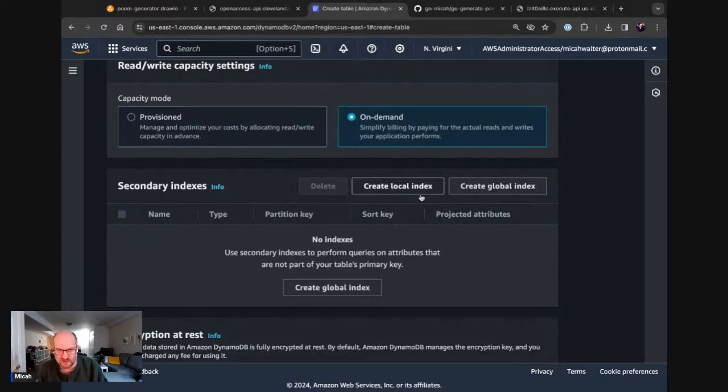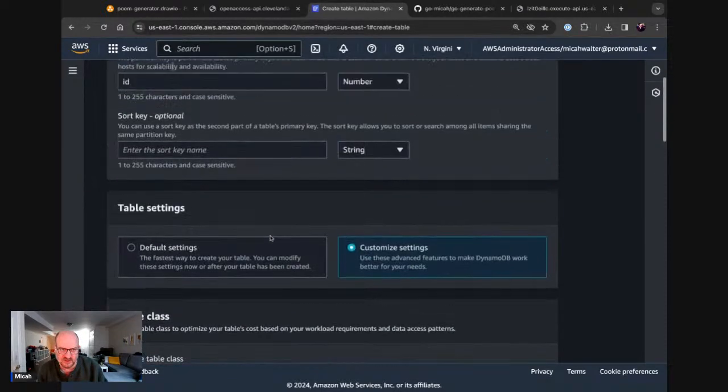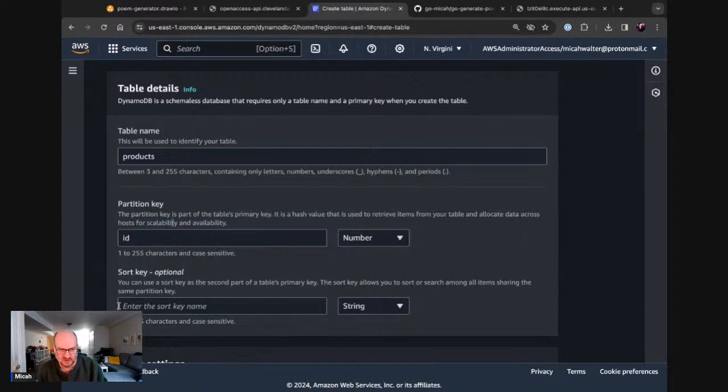The local index basically gives you a second sort key, I think. I have to double check that. It's one or the other, but basically it works with an existing partition key, I believe. That's how it works. So let's say you have a partition key set up with date as your sort key. That's nice. You have an ID and a date as your partition key and sort key.